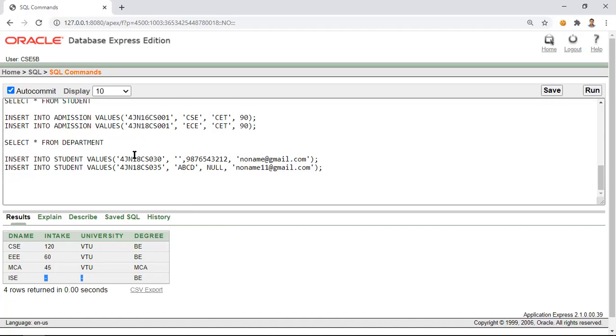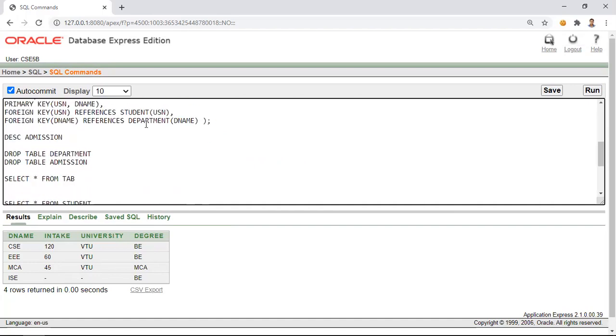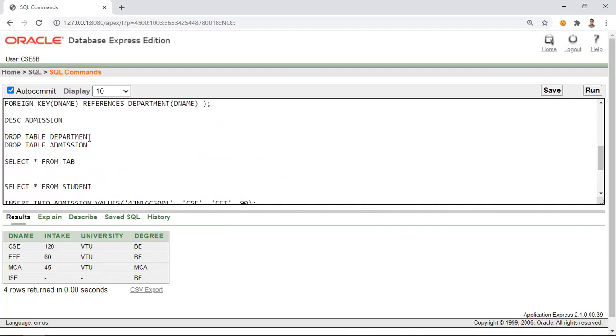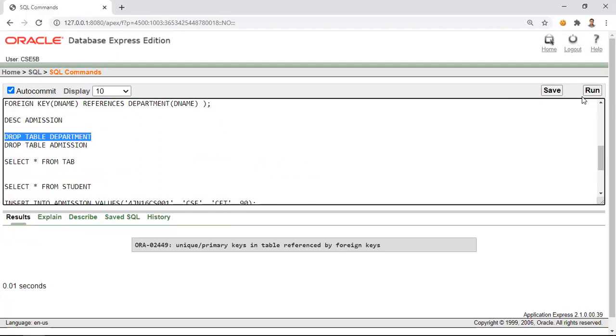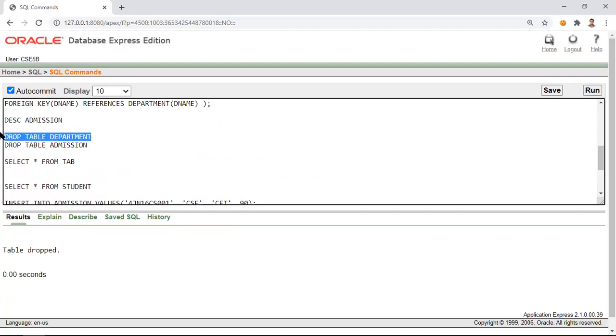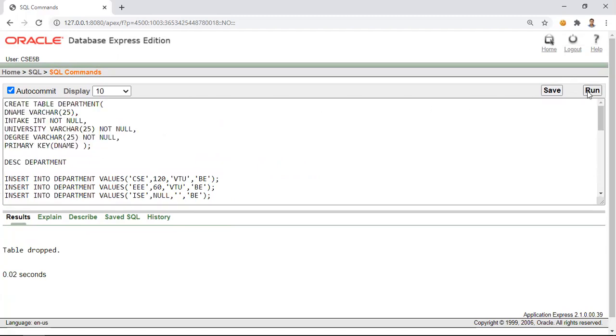Now in order to avoid this null, we need to execute or create this particular table. So I need to delete the existing table. I cannot drop the department table in the beginning because it is being referred by the admission table. So I need to first drop the admission table, then drop the department table, then create the department table.